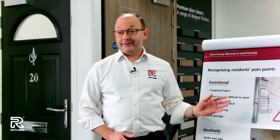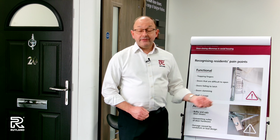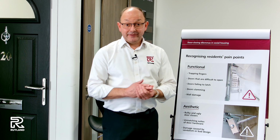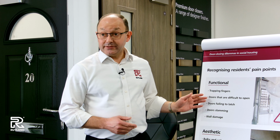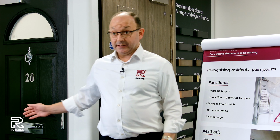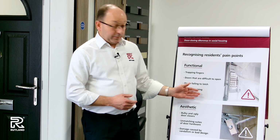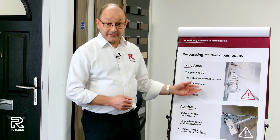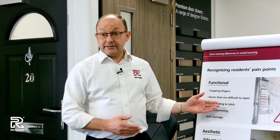We're now going to talk about real pain points that you may have heard firsthand from residents and tenants when it comes to fire doors. You'll most likely relate to some of the following functional challenges. So, finger trapping, issues at both the hinge side and the leading edge, difficulty with opening doors due to the door closer resistance, particularly when carrying things in both hands,